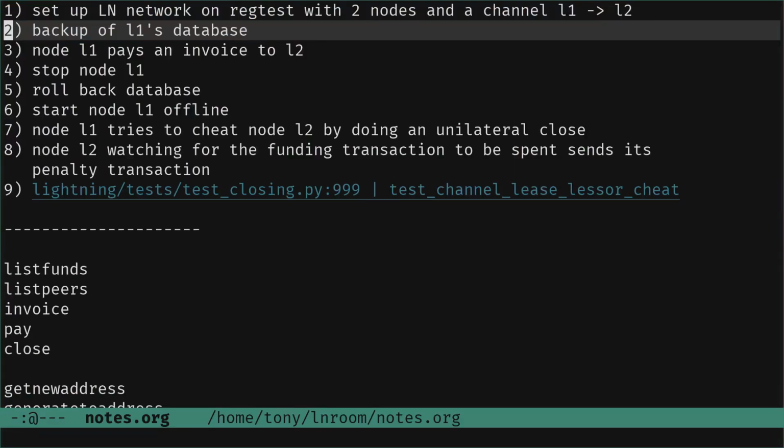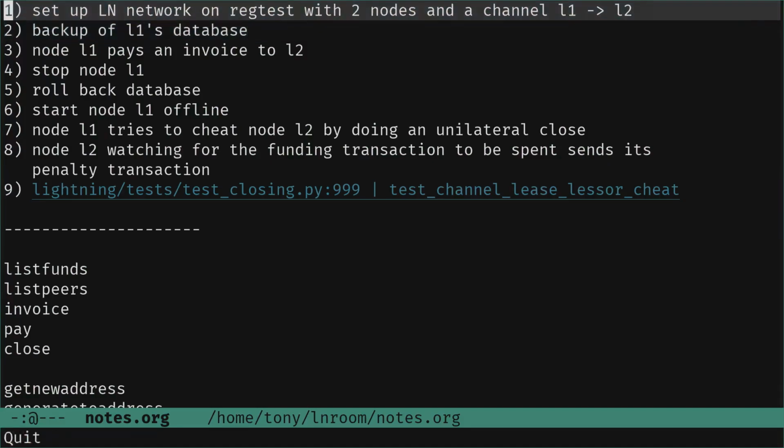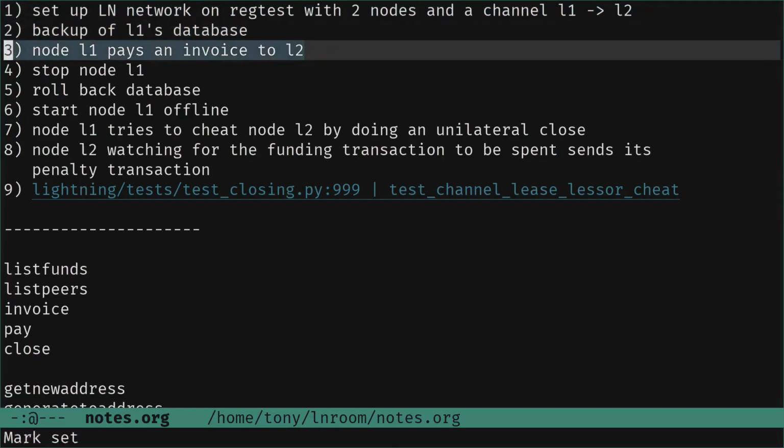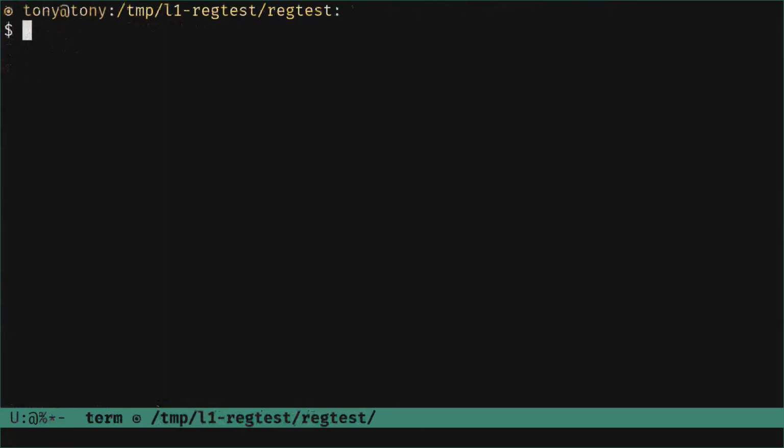So let's see if we are going to do the thing in the order to not mess up. So we did the backup of the database of the node L1. Now let's see the node L1 spend some sat by paying an invoice to the node L2. So here, to pay an invoice. Okay, so